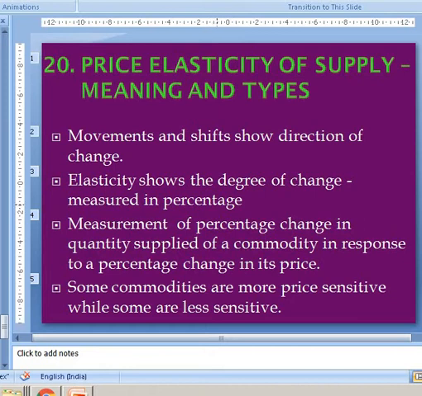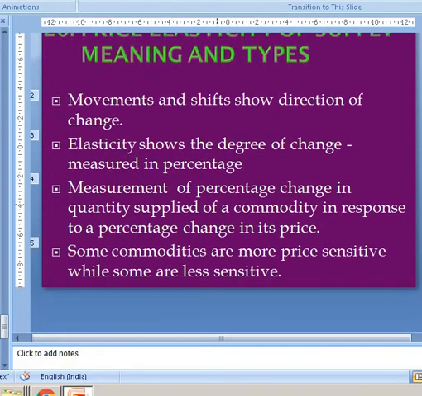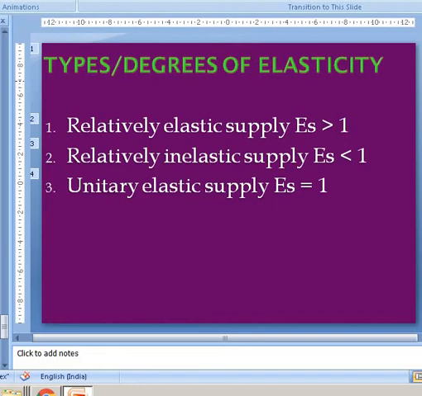So accordingly, the supply types or the degrees of price elasticity are of three kinds. One is your relatively elastic supply, where your ES is greater than 1. The second type of degree of elasticity is relatively inelastic supply. Here the value of ES is less than 1. While your third type of elasticity is unitary elastic supply, where ES is 1. Remember, ES here is your elasticity of supply. So, short form for that, ES, elasticity of